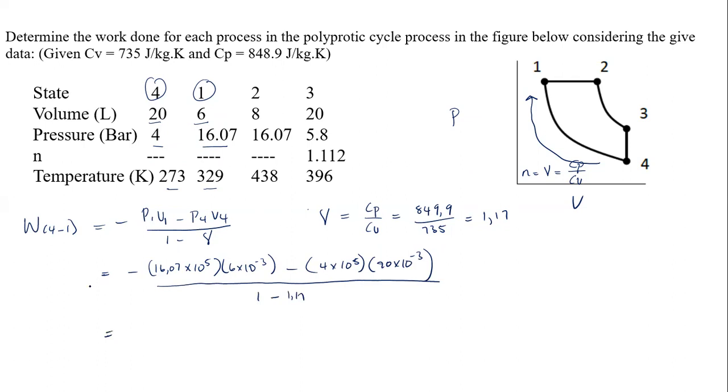So let's see how much we get here. So we have 16.07 times 10 to the power 5 multiply by 6 times 10 to the power negative 3, subtract 4 times 10 to the power 5, multiply by, let me see, what's that, 20 times 10 to the power negative 3, divide by 1 subtract 1.17. And therefore now here, our answer, we get the positive value. In this case, let me see how much is it. I get,